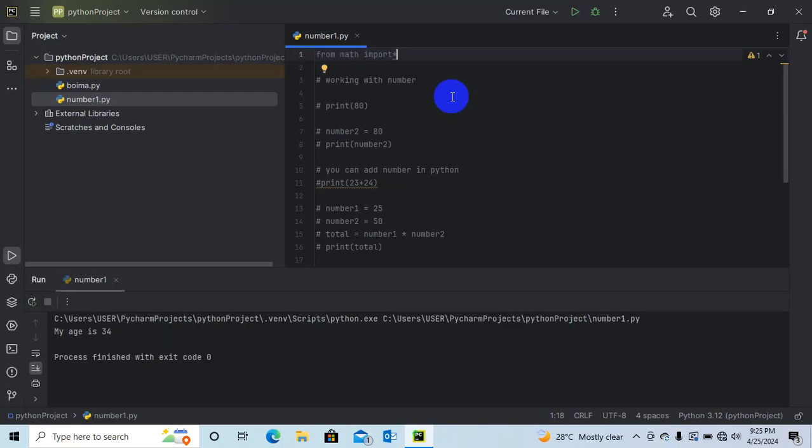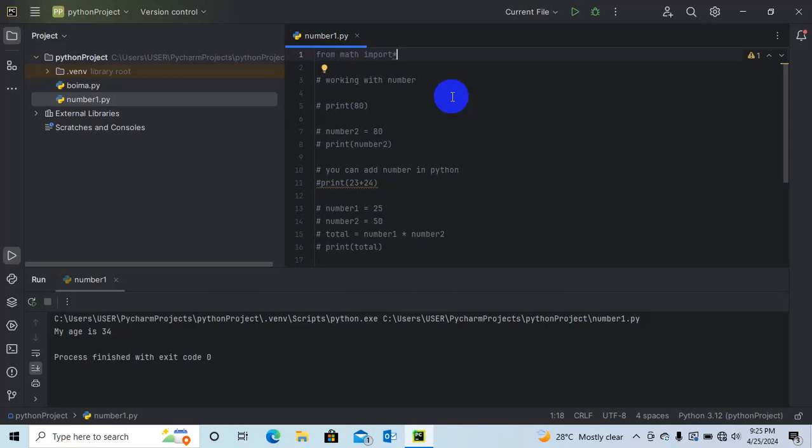The reason I'm saying this is we want to find the minimum and the maximum, and the only way we can find it is if we import the built-in function for math. The built-in function for math includes an extensive math module that allows you to perform mathematical tasks on numbers.